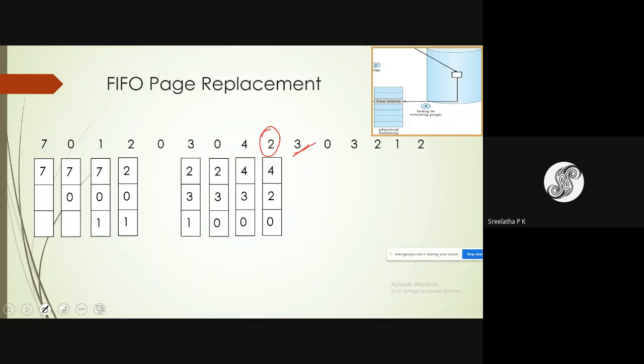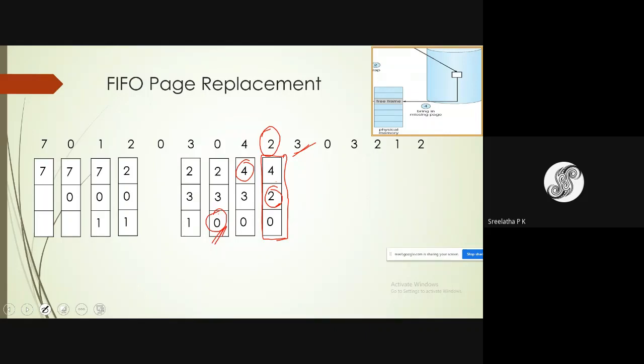Again, which page will be selected as victim page out of this existing? How to check which is the victim page? Page 4 has come here, page 2 has come recently, and page 0 has come here. So page 0 is the page which had come first.